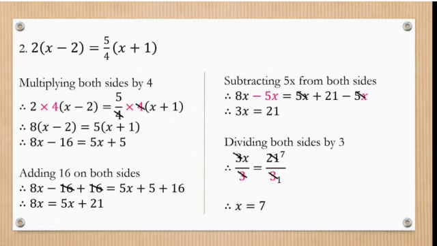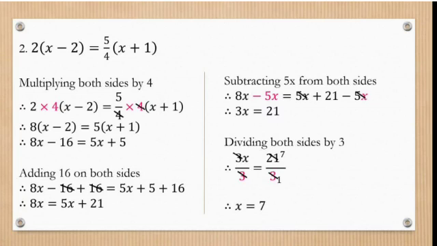Now 8 and in the bracket it is x minus 2. So you open the bracket first. So 8 has to be multiplied by x. So it becomes 8x, minus 8 to be multiplied by 2. It is 16. 8 2s is 16. Now in your right hand side again 5 in the bracket it is x plus 1. So 5 is to be multiplied with x, that is 5x, plus 5 to be multiplied by 1 is 5. So what equation do you form there? 8x minus 16 is equal to 5x plus 5.